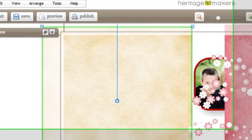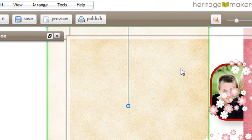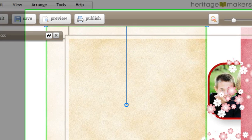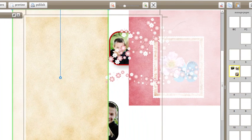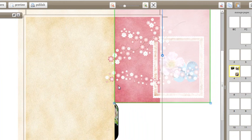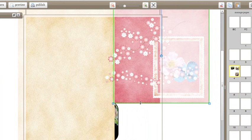First off, I want you to notice the clear edge around the paper, the opaque and the clear. You don't want anything hanging off into the opaque section that's not going to be cut off. This is where the publisher is going to cut your pages to bind them in a book. So for instance, I'm not going to want my photo hanging off that much because it's going to be cut in half. If anything like your paper is hanging off on the edges, that's totally fine. In fact, you kind of want that to happen so that you can know that you don't have a white edge around your border. And I'm going to drag this pink paper just a third. I'm only going to do a third